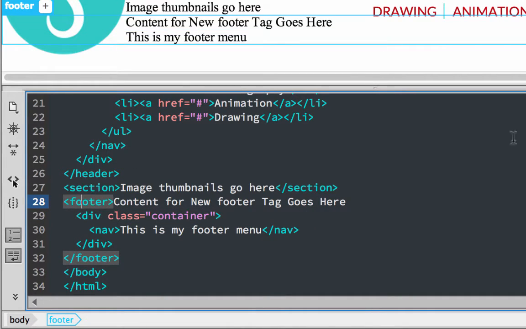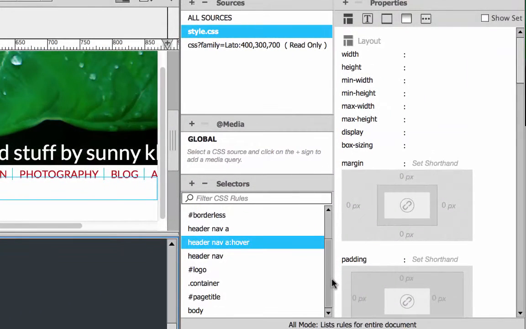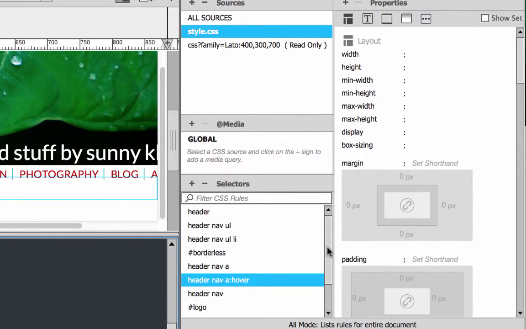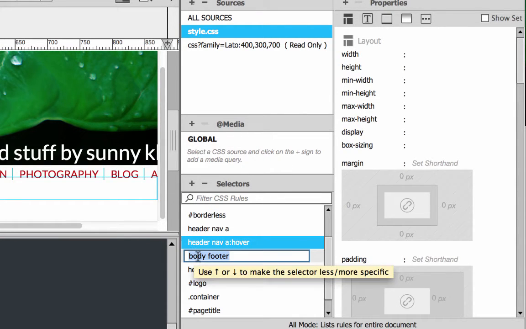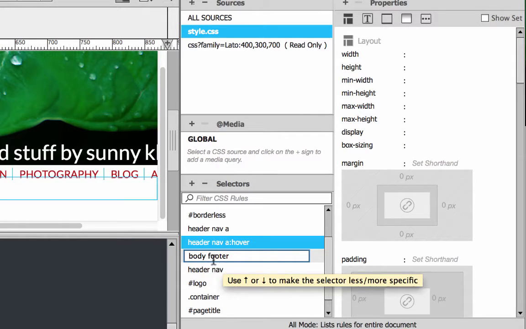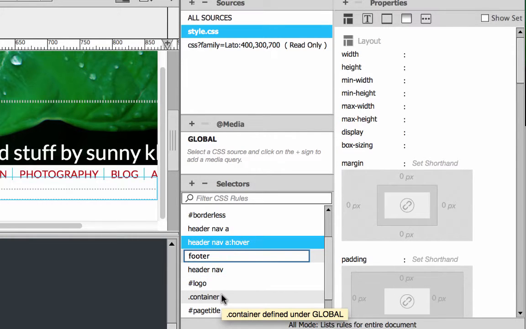So I'll choose my footer and add a selector for it. I don't have a selector for my footer yet. So Dreamweaver says body footer. Since I have only one footer on my page, I can just say footer.